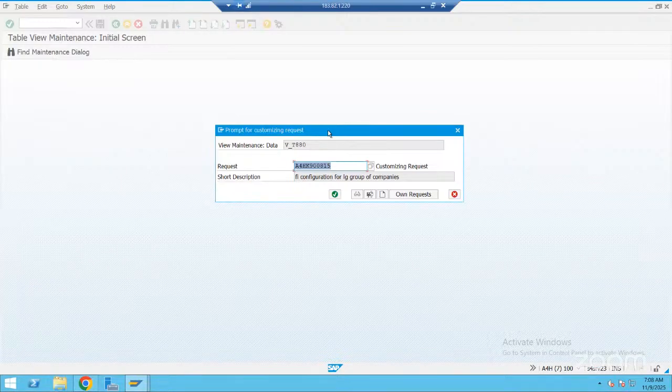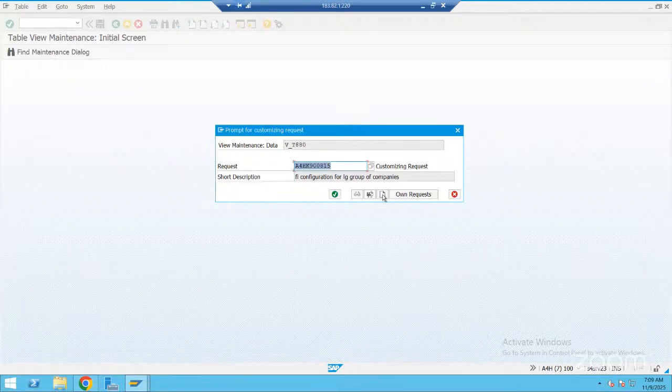Also, as I was telling you yesterday, there are three types of data: master data, transaction data, and customizing data. This data comes under the customizing data. Hence, it is asking for the customizing transport request. Why? Because the data is stored inside this transport request as well. In addition to the table, it stores under the transport request, and this data can be transported from one system to another system when you release the transport request. I'll show you that now, where it stores.